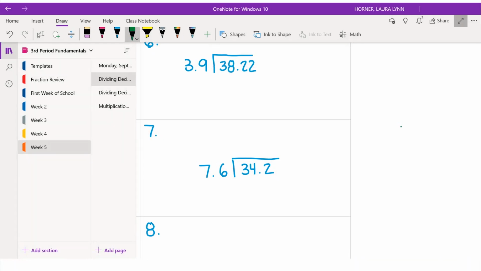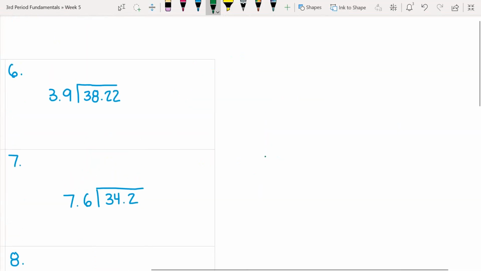Okay, so the issue about these last few problems is where our little chart that we wrote down, those rules for dividing, really comes in handy. It comes in handy because of the number outside our division house. If we look here at question 6, we have 3.9 outside our division house. We don't like decimals outside our house. And so in order to actually divide, we really need to move that decimal to make it a nice whole